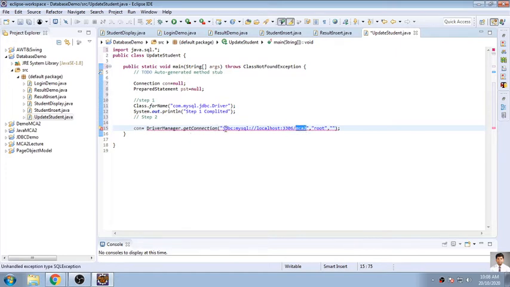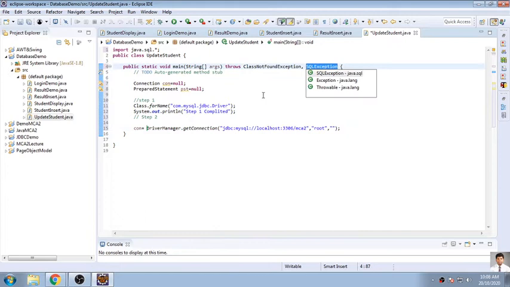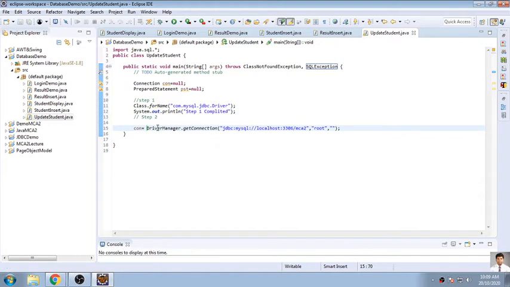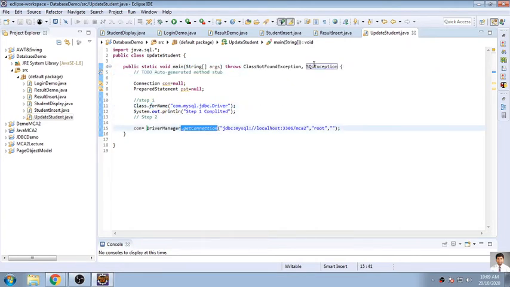Now here it is again showing one exception because I need to handle this exception. There is a MySQL exception, so throws directly, and automatically the exception will be displayed on the screen. Whenever you use these two classes, surely for forName it is ClassNotFoundException, and for getConnection surely that is a SQLException you need to handle. So we have used the throws keyword for getting those exceptions handled.